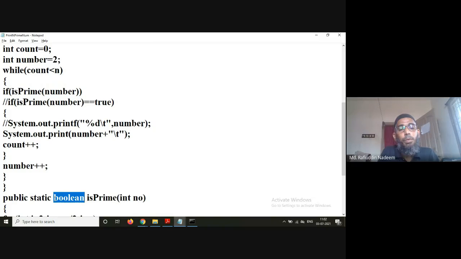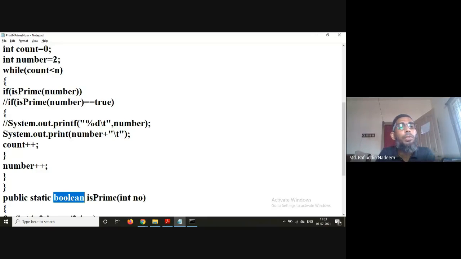It can return either true or false. If it returns true, then you display that number and then you increment the count. If it returns false, you do not increment the count, you just increment the number.